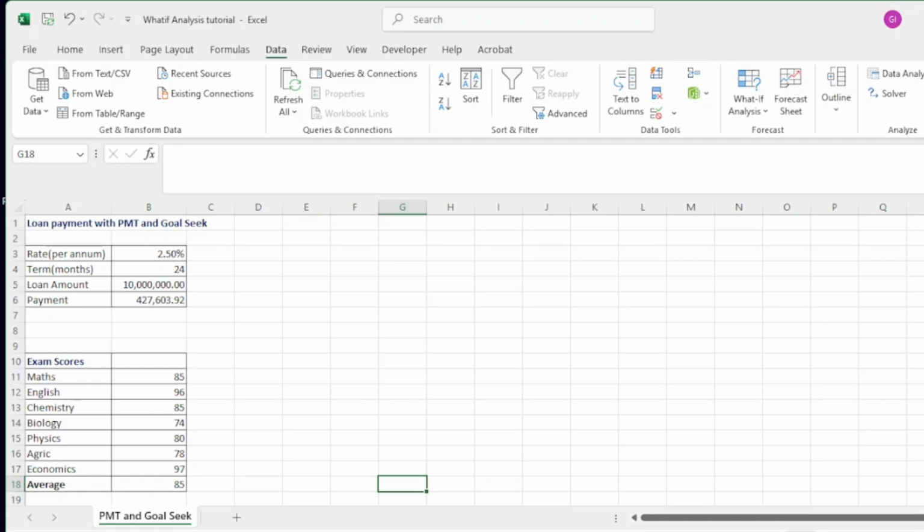So now let's move on to how we can use GoSeek in order to make a change to this formula. Looking at this, my payment plan will be 427,603 every single month. But I've actually budgeted for 500,000 every month. That's how much I can spend. So I'm going to use GoSeek to tell me how much more I can borrow if I was paying 500,000 more. So I'm going to jump up to my data ribbon and go down to what if analysis